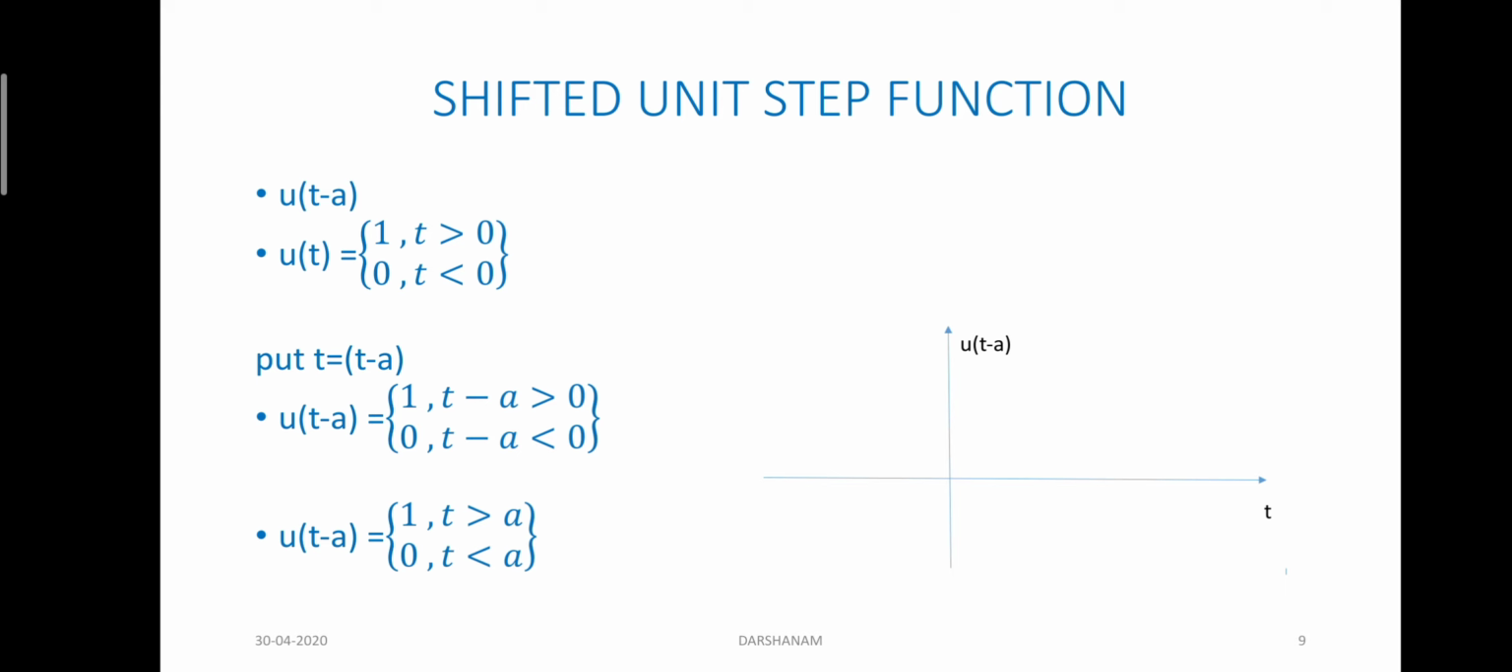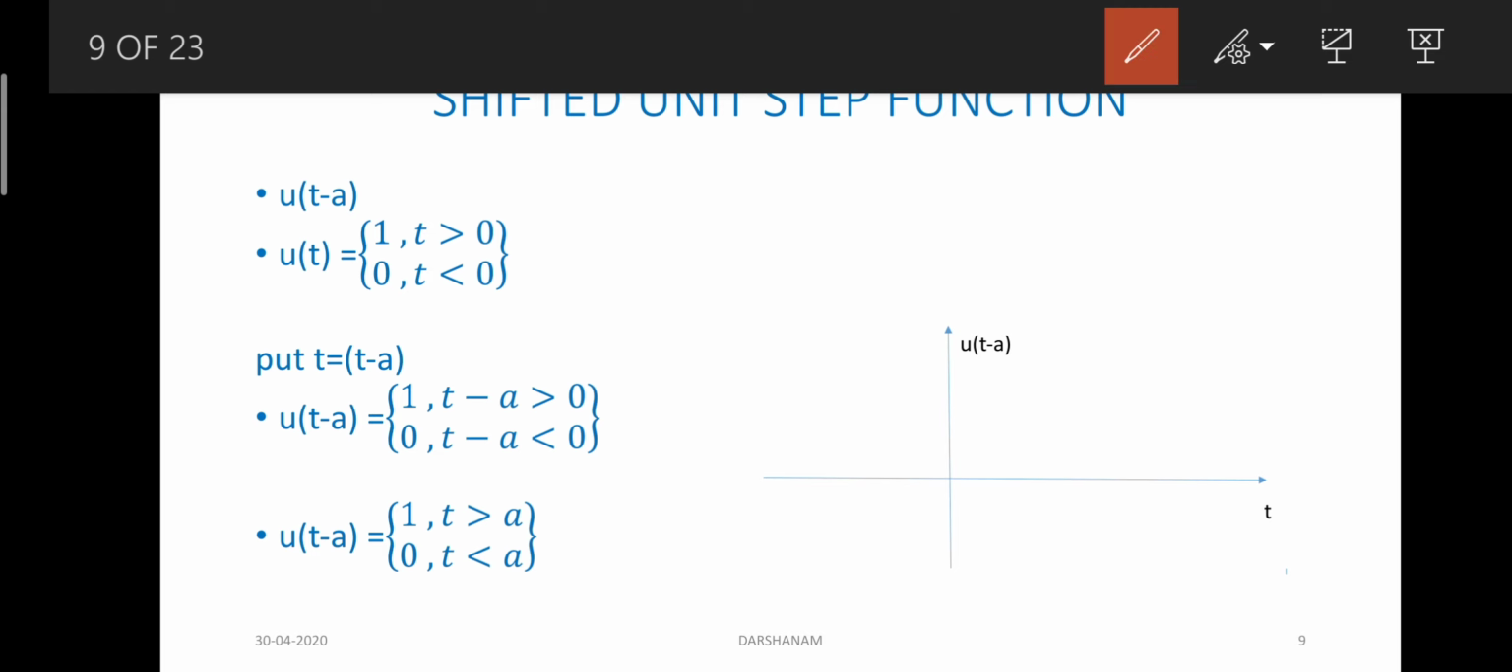The first one is the shifted unit step function. Here the shifted unit step function can be defined as u of t minus a. That is, we are doing some shifting operation on the unit step function. Here u of t minus a, where a is any integer value or any value. So for deriving this, or for knowing where the discontinuity is or how we can draw the waveform, we can use the same